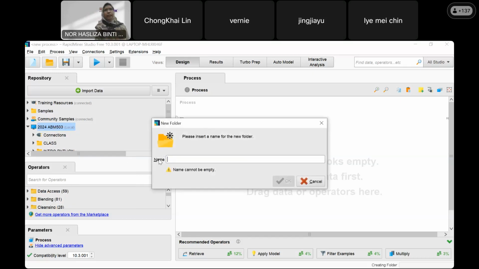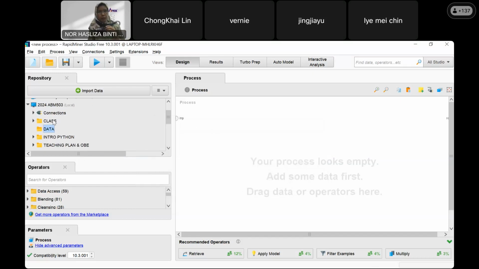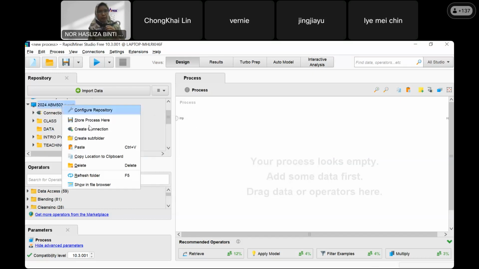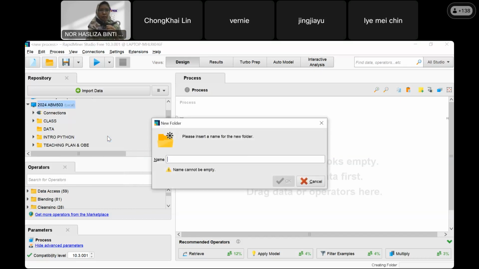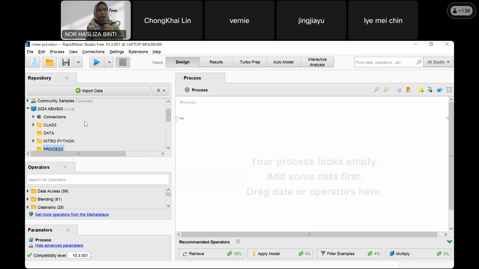One is data and the other one is process. Because mine has too many data, it's okay.